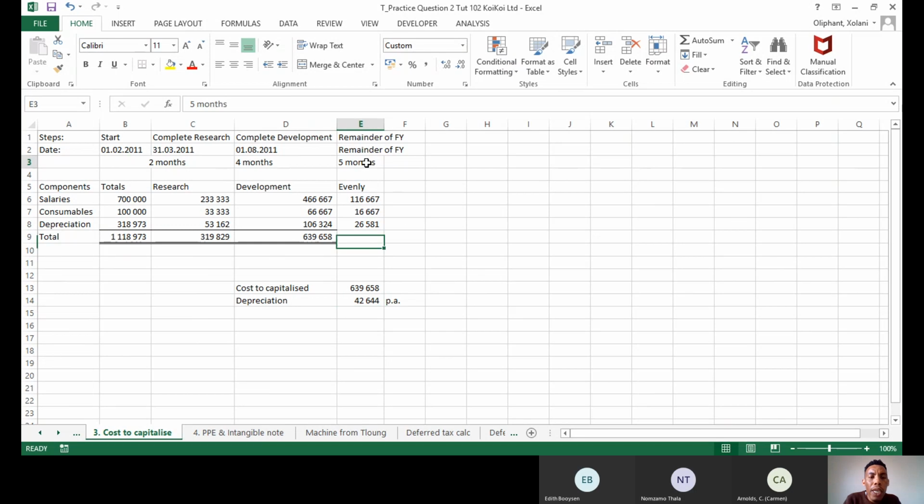But now remember, we've only used this for 5 months, meaning that we need to apportion that amount by 5 months, because we didn't have it for the full year. The development was only completed in here, so the intangible started in here. In the current year, we only have it for 5 months. So we need to apportion the depreciation per annum only for the 5-month period. So we only need to recognize